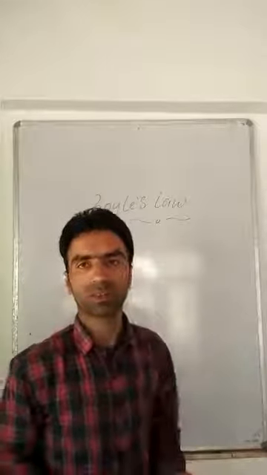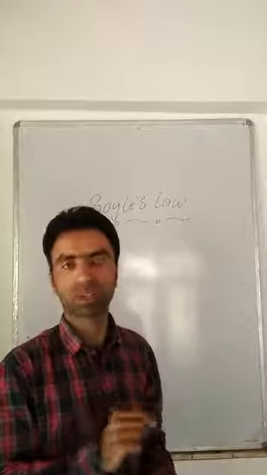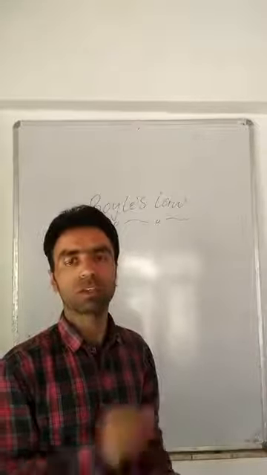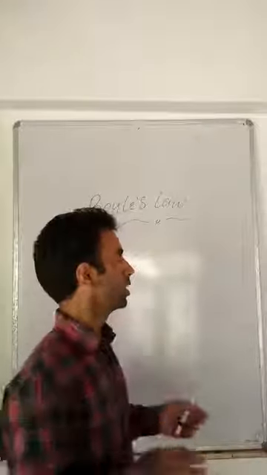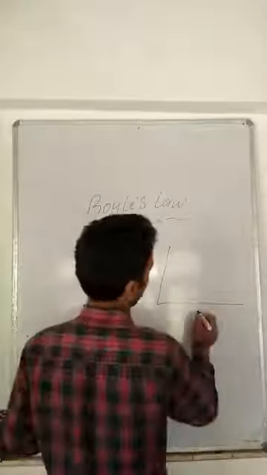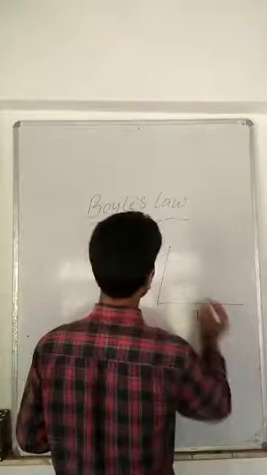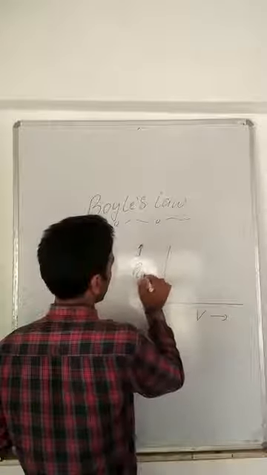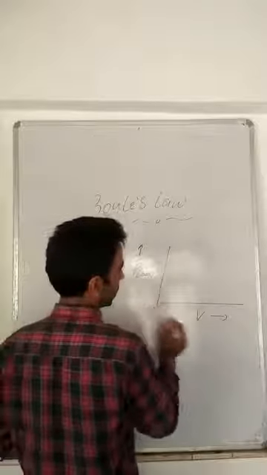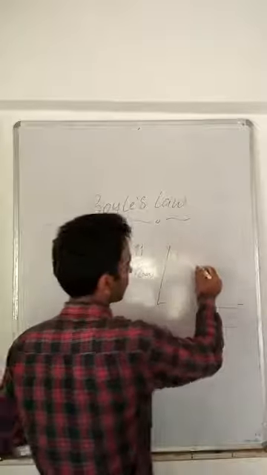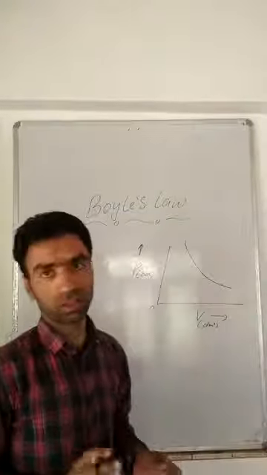We took its statement. Its statement was that, pressure and temperature remaining constant, the pressure of a given mass of a gas varies inversely with its volume, right? Then I had the graphical representation of Boyle's law, where we plotted pressure along the y-axis and volume along the x-axis. Let us suppose the pressure is in terms of bar, and the volume is in terms of decimeter cube, and we had a curve of this type, a rectangular hyperbola. I already told this.